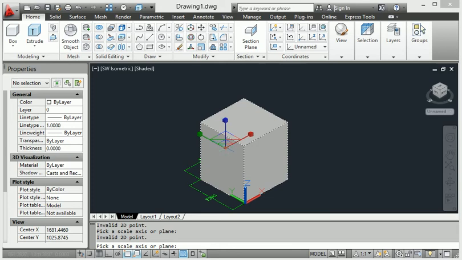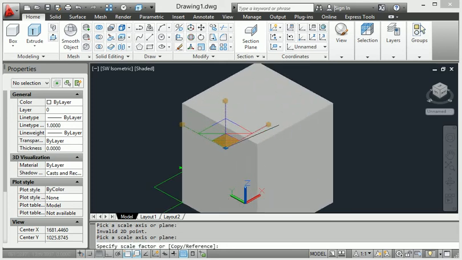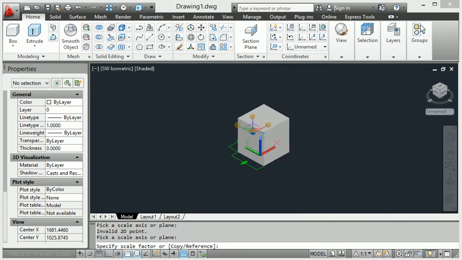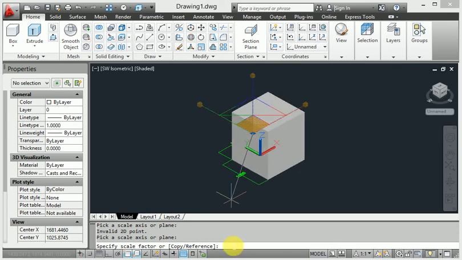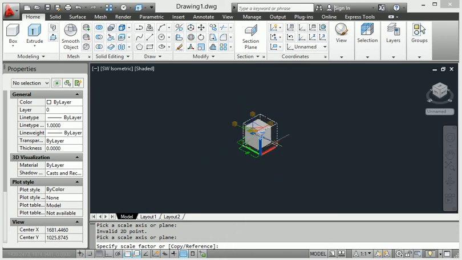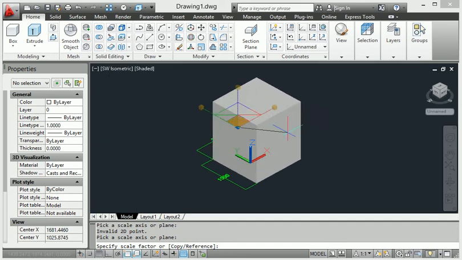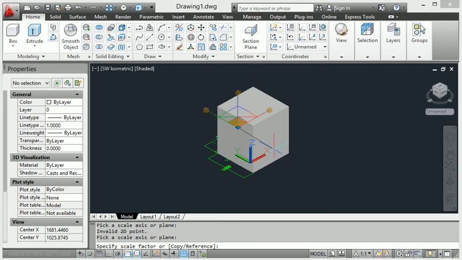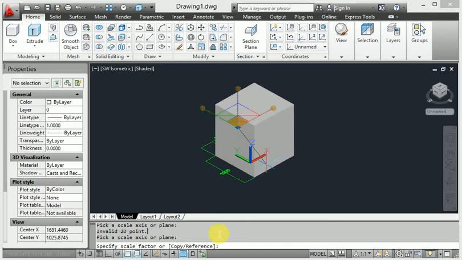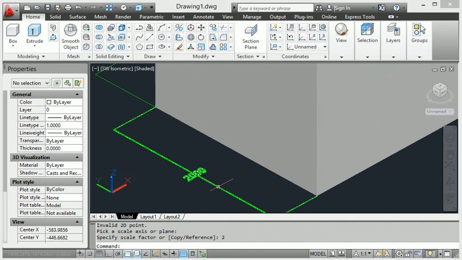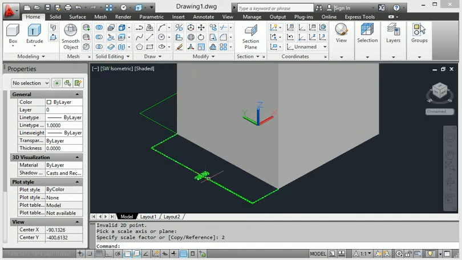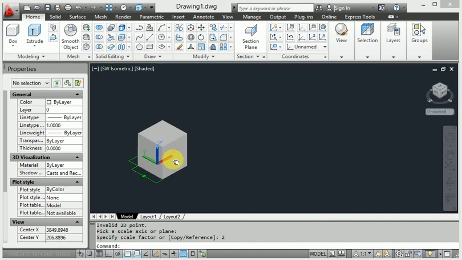Look at this, our scaling process changes right now. And which axis do you want to increase the value on? When I change it, we provide 2 times increase. Look at this, our dimension 1000 is directly converted to 2000.